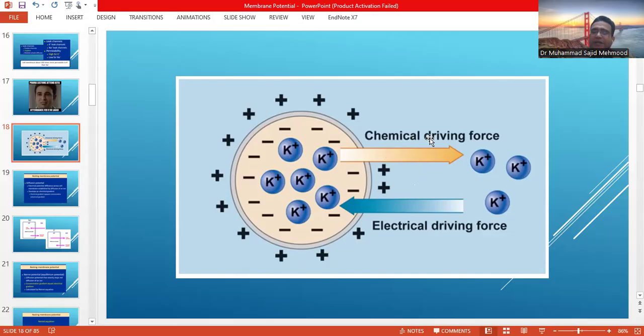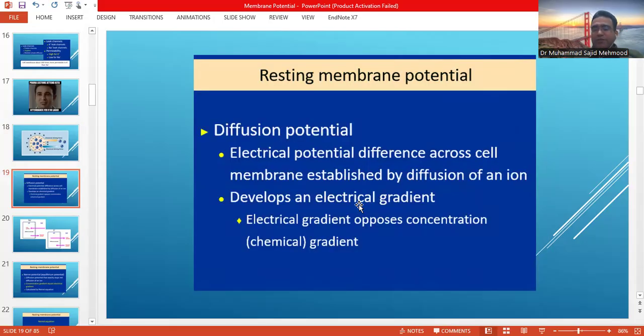So when there is equilibrium established between this chemical force and the electrical force, this equilibrium is called as Nernst potential. So Nernst potential is,